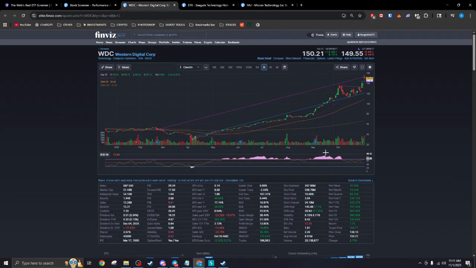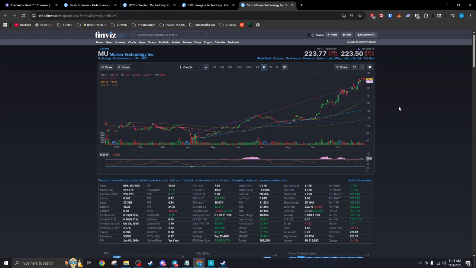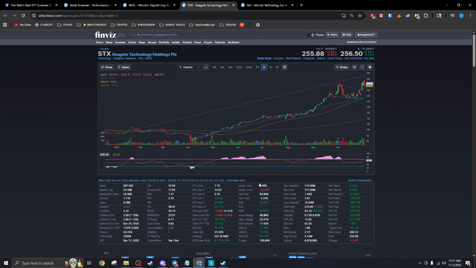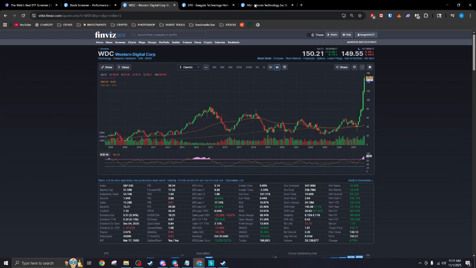So one thing I like looking at first is the recommendation. This is a 1.73 recommendation, which is really good. The lowest you could go is 1. STX is 1.85, MU is 1.41. So these are the recommendations. And then you see the numbers here, the performance, stuff like that. So this is the